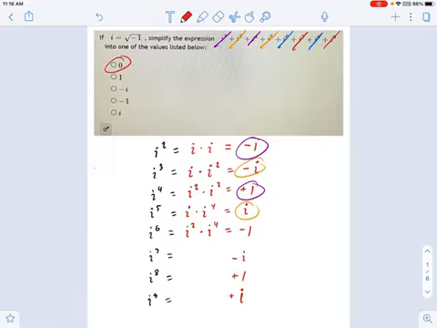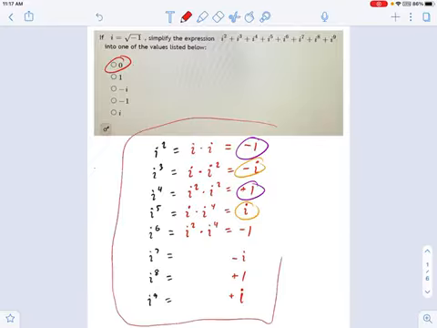That won't always happen. Sometimes you'll be left with a 1 or a -i or something like that. But when you're adding up a whole bunch of these things, remember that sometimes they simplify quite nicely. And if you understand the rules of exponents and how those work with imaginaries, you can find your way through the problem quickly.